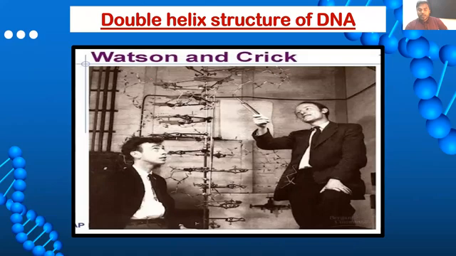Okay, focus. You all know very well that the DNA double helical structure was proposed by two intelligent scientists, James Watson and Francis Crick, in the year 1953. But friends, before James Watson and Francis Crick, there is another scientist named Paul. You know who Paul is? Paul is the teacher of Watson and Crick.